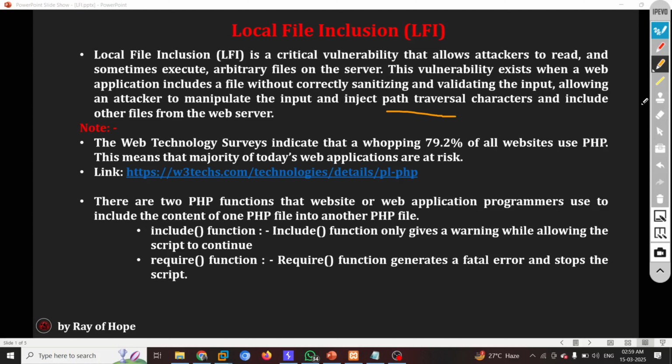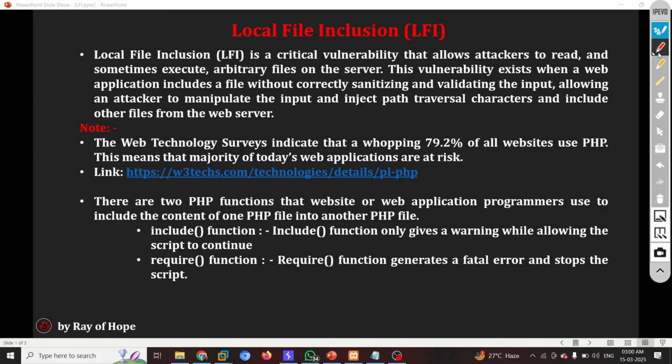Moreover, when we talk about local file inclusion, guys, there is an 80% chance that if the application is using PHP, it could be vulnerable to LFI. There are more chances compared to anything else. I'm not saying that LFI only happens in PHP, but it has more chances.